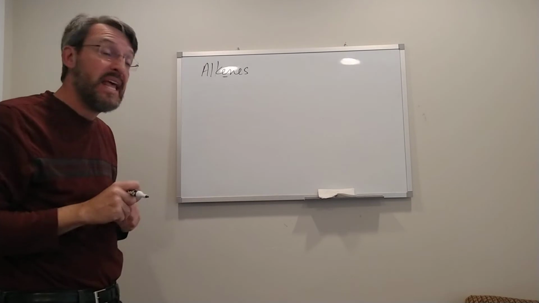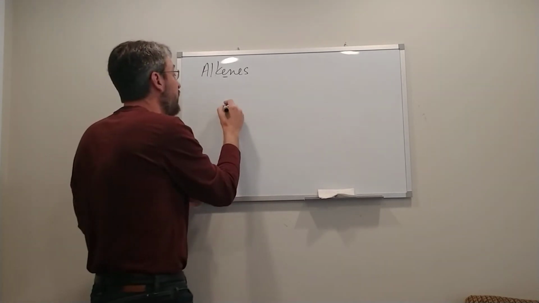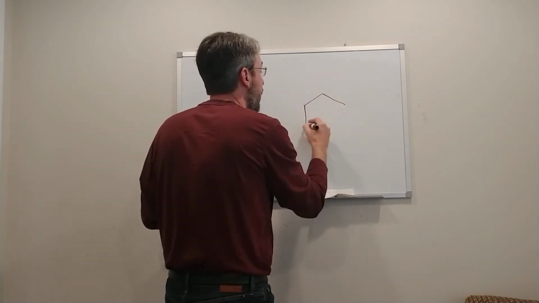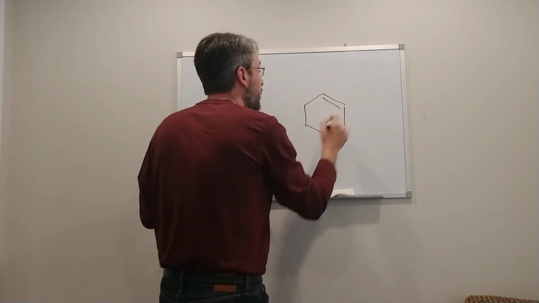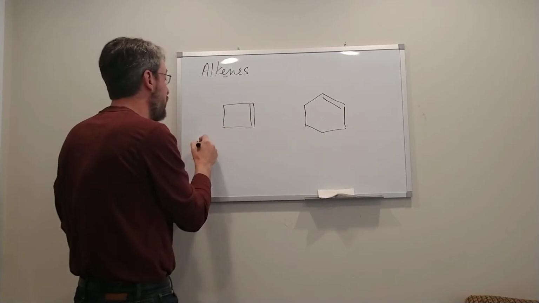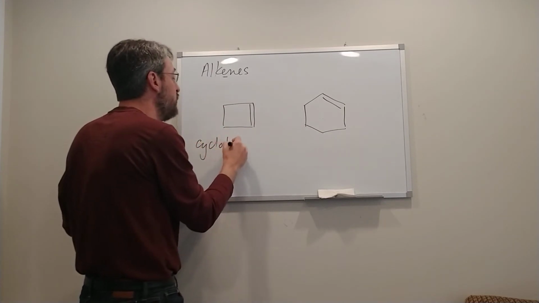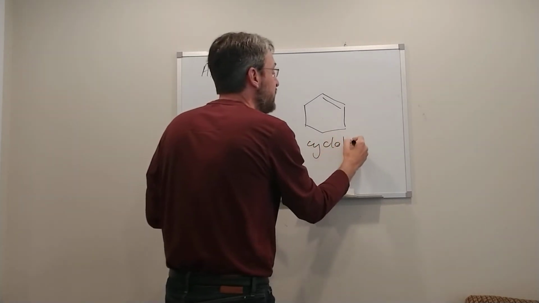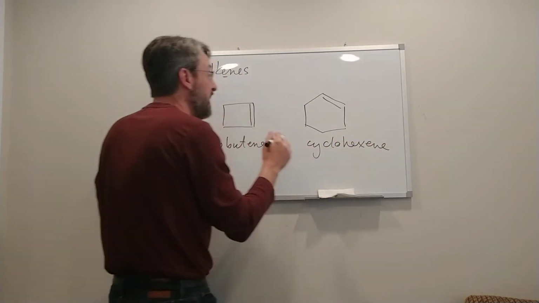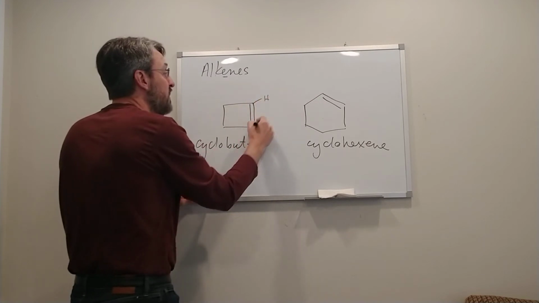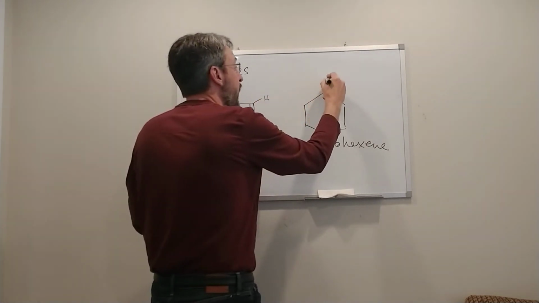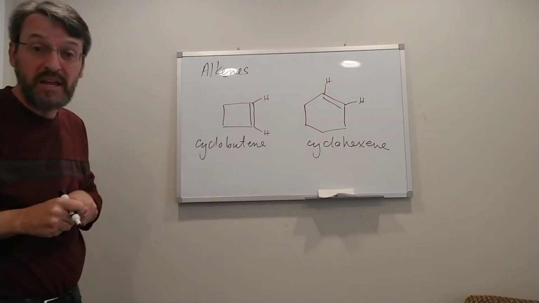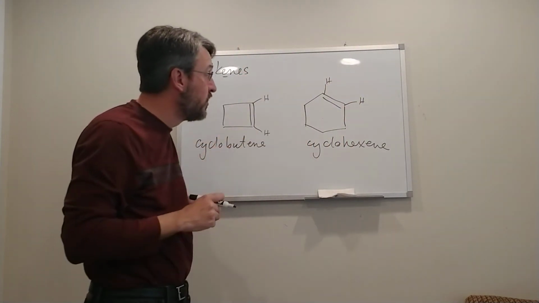Don't also forget that we can have cyclic alkenes. So we could have something like this, or something like this. So this 4-carbon one would be cyclobutene, and this one is cyclohexene. And notice in these cases the H's are pointing the same direction. So technically, I suppose you could call these